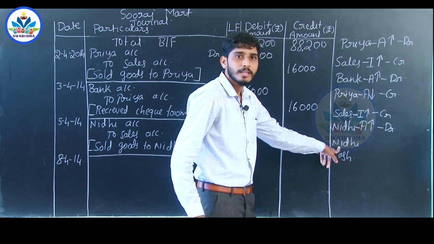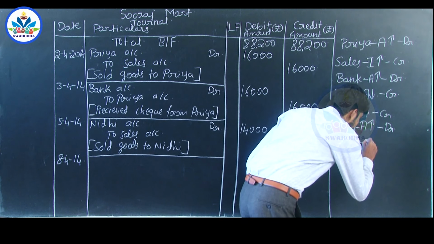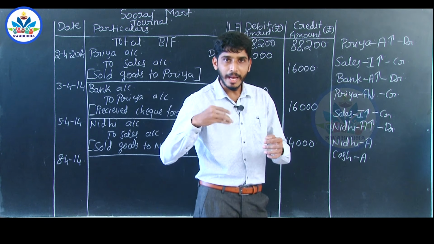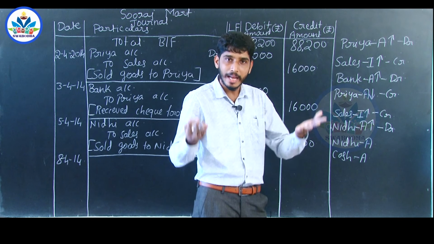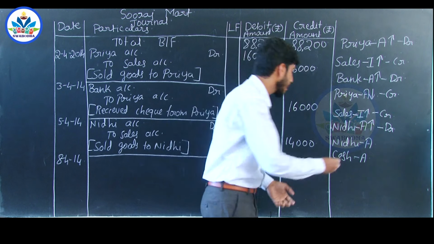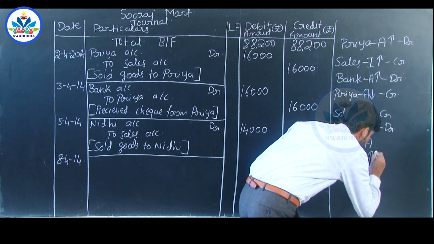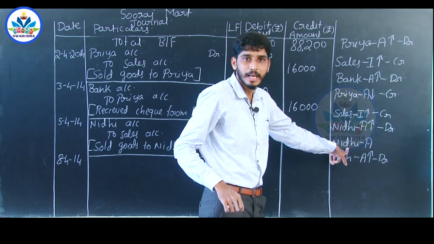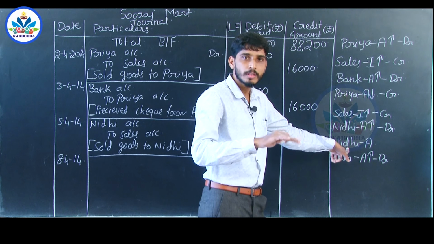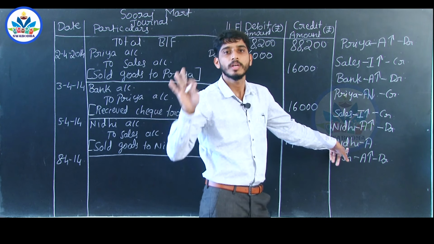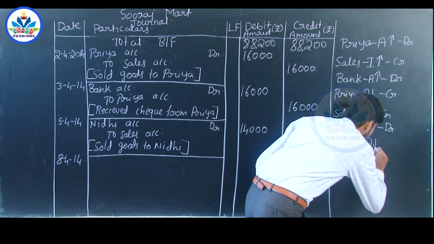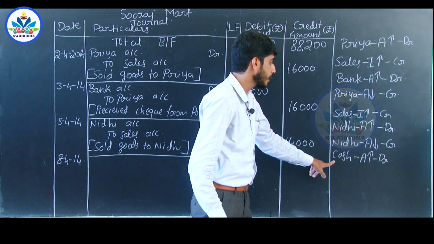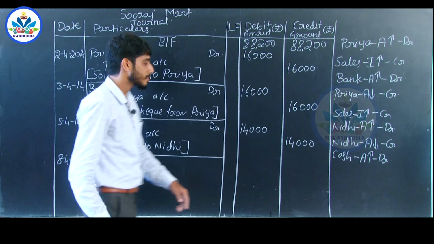So, Nidhi is a debtor, debtor is an asset, cash is also an asset. When Nidhi is paying cash, business is receiving the cash. To that extent, cash balance increases. Increase in the cash has to be debited. Nidhi is a debtor, debtor is an asset. Now, she has repaid the amount. That means anymore we do not have any right to receive. The debtor value decreases, the asset value decreases, decrease in an asset has to be credited. So, as per the rules, the journal entry will be cash account debited to Nidhi's account.